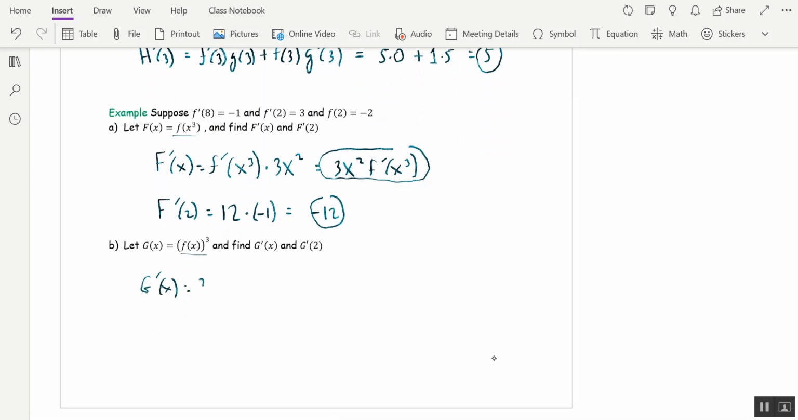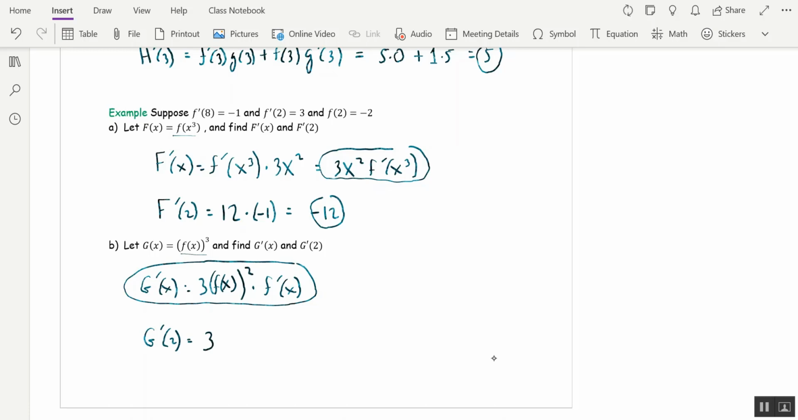Last one, big G prime of x. We bring the 3 down. We leave f of x alone. That's the inside function. New exponent's 2. Multiply by the derivative of the inside. So that's my function. And then big G prime of 2 is going to be 3 times f of 2 squared. f of 2 is -2, so that will be 4. And then f prime of 2 is 3, so I get